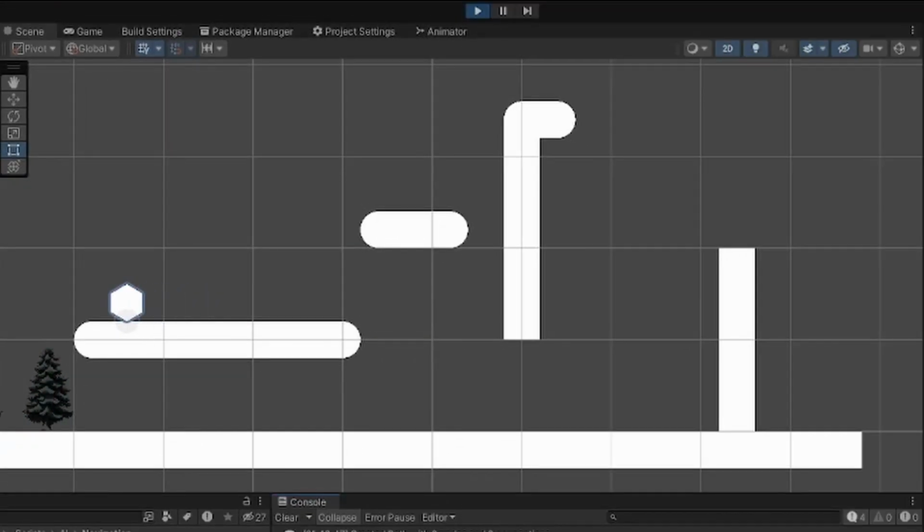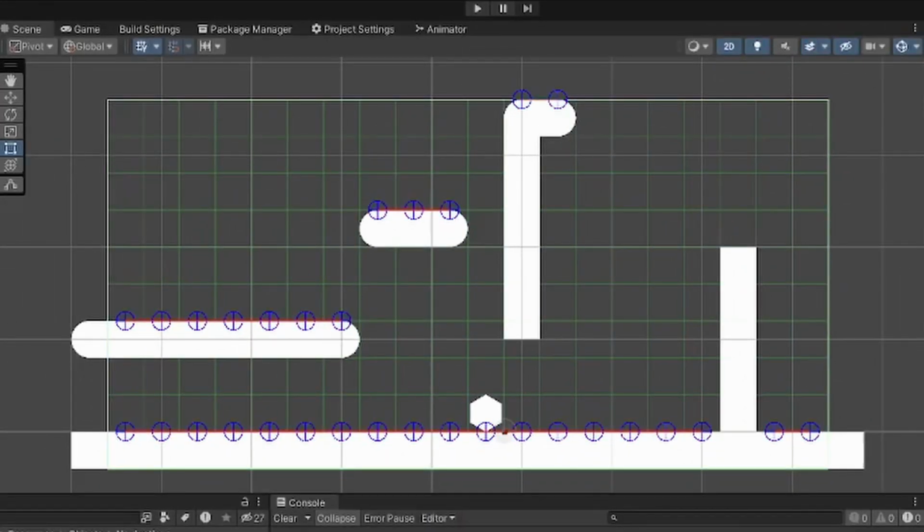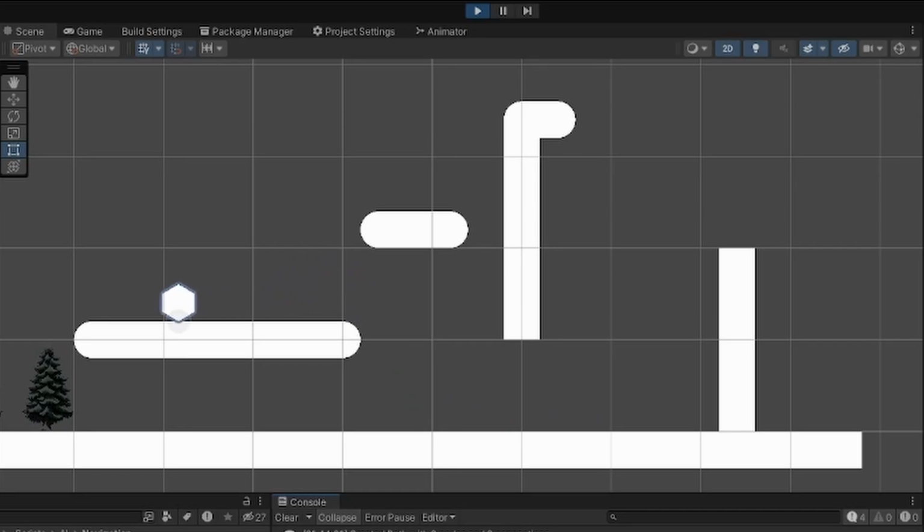My bridges, of course, do have a value on them to determine what type of connection they are so that my agent mover can take an appropriate action from it. So if that connection is to walk, it will walk. If it's jump, it'll jump. And if it's fall, it will fall. However, because of the way that I'm currently jumping, I can actually use that for my falling as well. It doesn't sound like it should work, but it actually does, and it works quite well. I don't know though, maybe someday in the future we'll have it changed to where it walks off the edge instead of jumping down. Now that my graph is built,